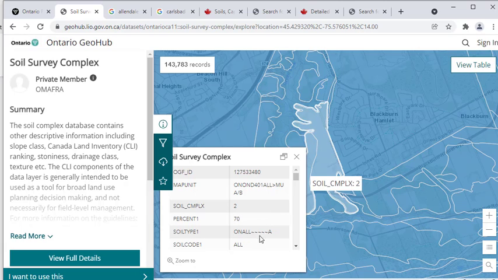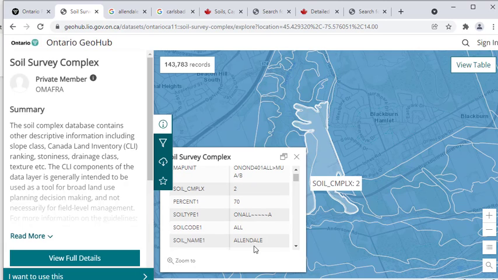There is a soil type described here, not very descriptive. But if you go here, there is a name. So Allendale. Allendale is the name of the soil, and they've given it a code of ALL, and perhaps that's why they call it Ontario ALL. So Allendale is what we should find out more about.